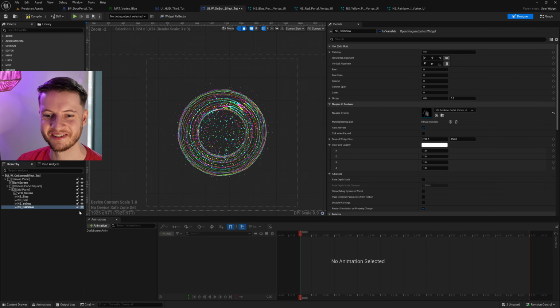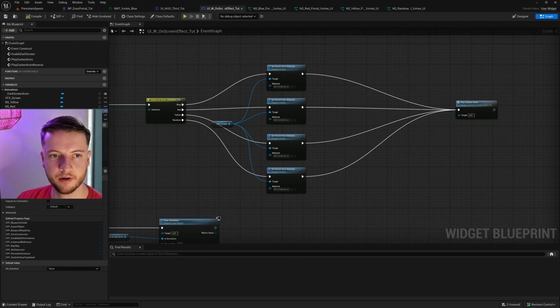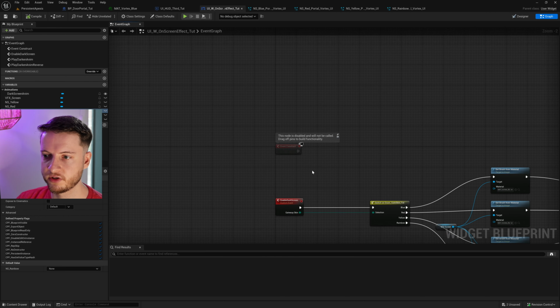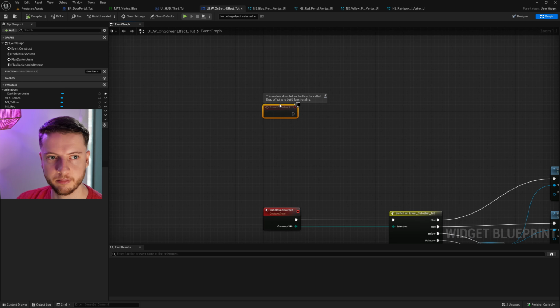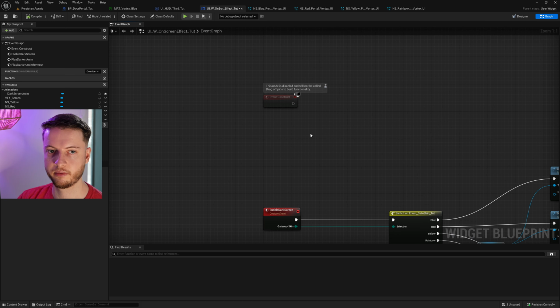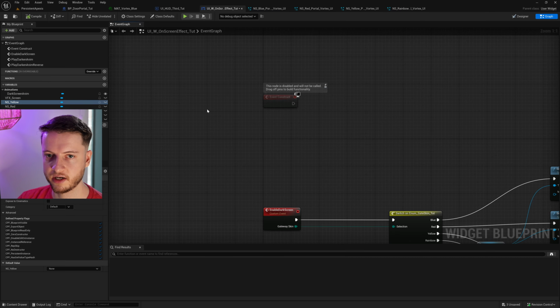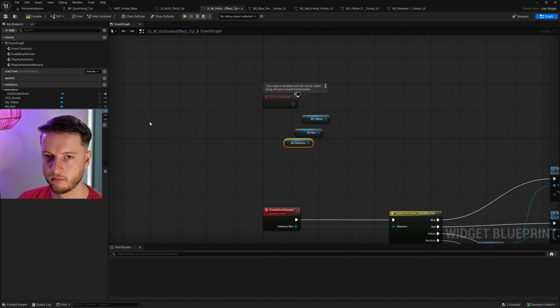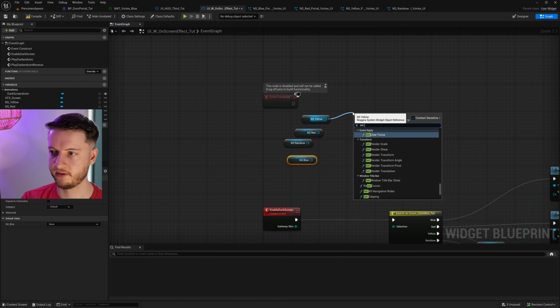And now we just need to bind them to the graph. So go into the graph. And here I'm going to do the following. Right after this, I'm going to be changing visibility. But because I'm going to be changing visibility, I also want it to happen at event construct. So what I'm going to do is I will drag each of these colors, and I'll set visibility